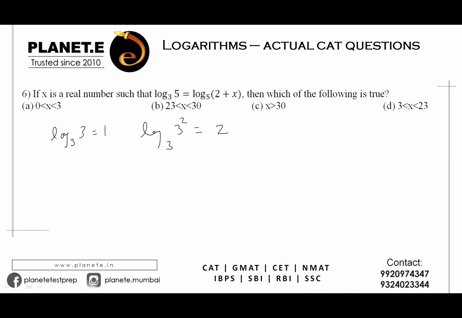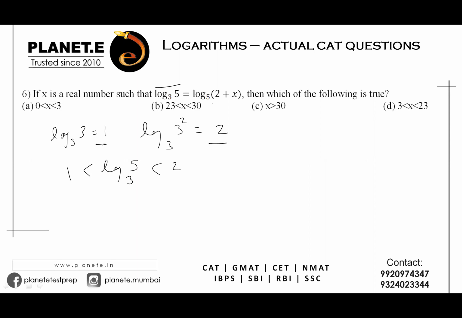Is that okay or not? And the value that is given in the question, that is log 5 base 3, so this has to come between 1 and 2. Agree or not? So log 3 is 1 to the base 3, obviously. Log 9 to base 3 is 2. So log 5 to the base 3 will come between 1 and 2. So I can write it like this. This comes between 1 and 2.